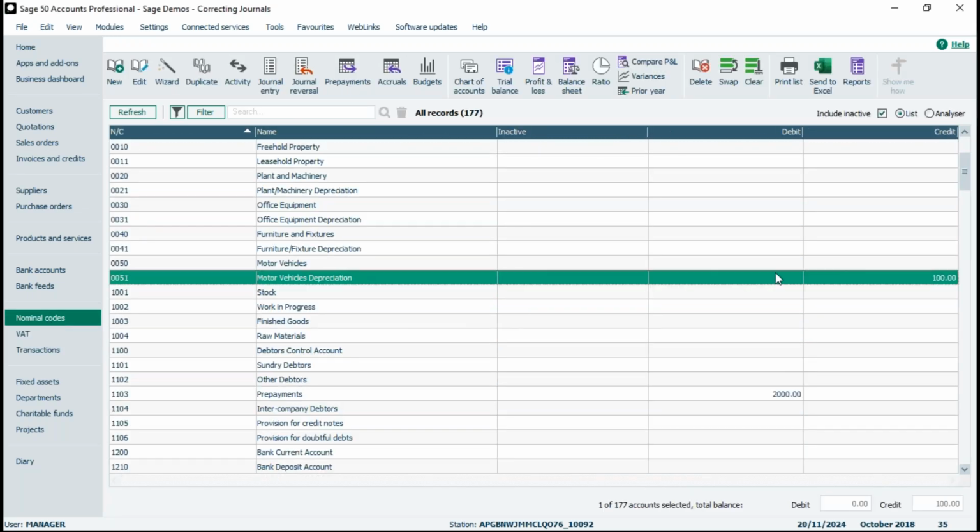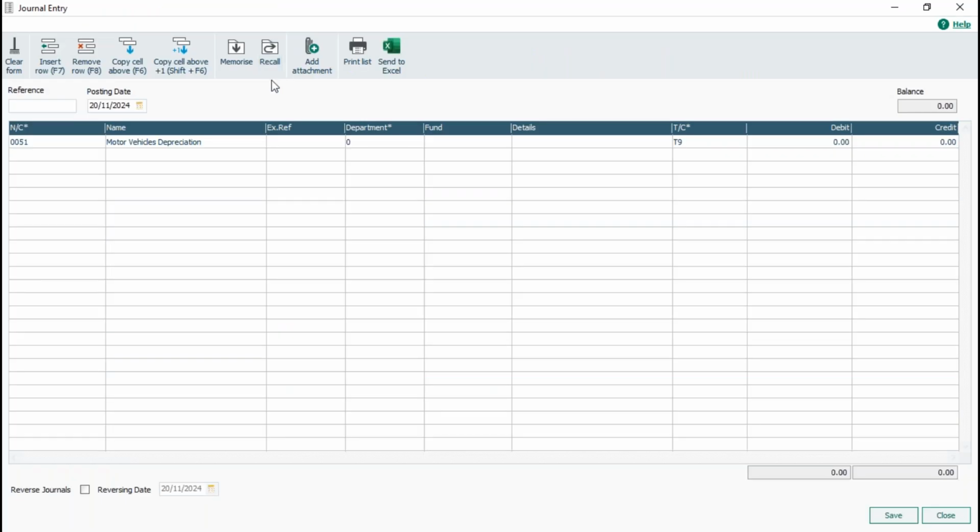So let's say I've got a balance here, it's got £100 credit. And let's say that should have been, for whatever reason, against 0050. So we've got a balance there. All we do is we'd want to debit that nominal code and credit the other one to essentially move that balance. Now again, it could well be it's got a debit balance, you want to move all of it or even just part of it. All you do is you'd go into journal entry, pop in the relevant date that you want to use. I'll just use today's date. Pop in your nominal code,